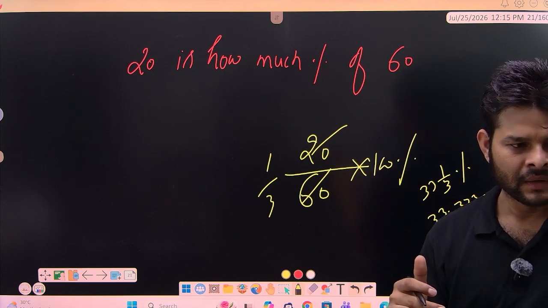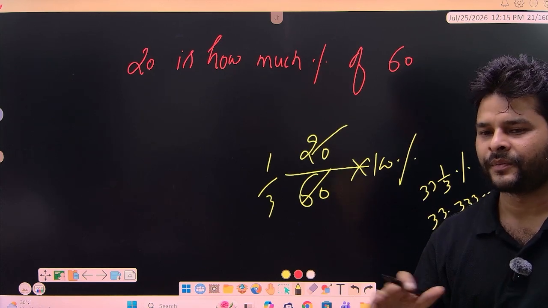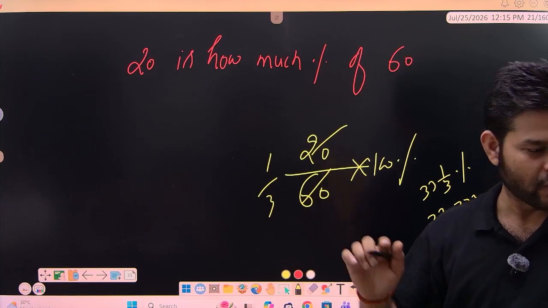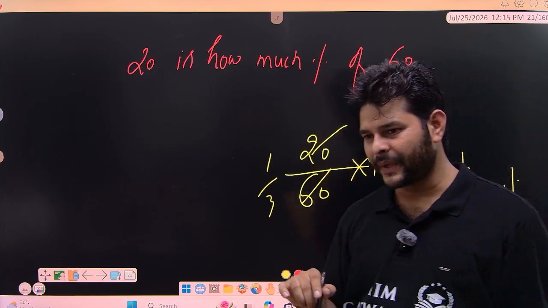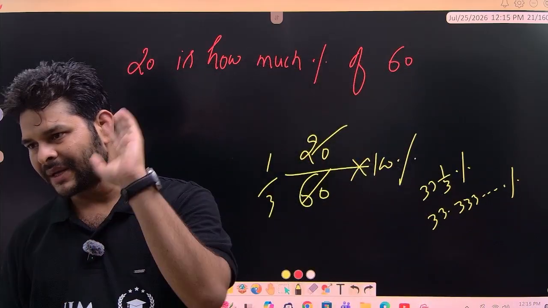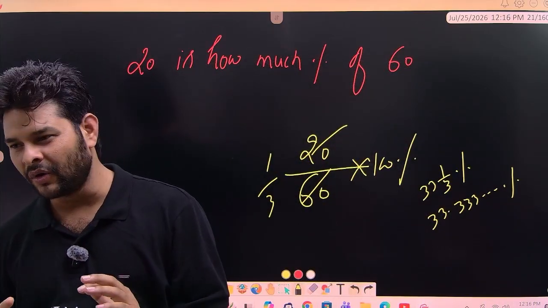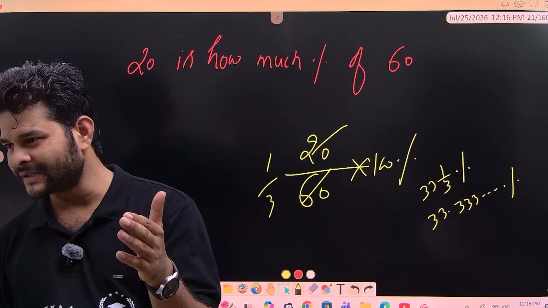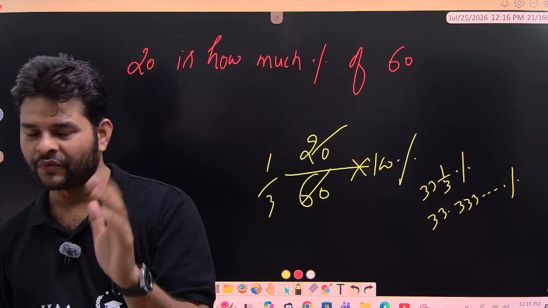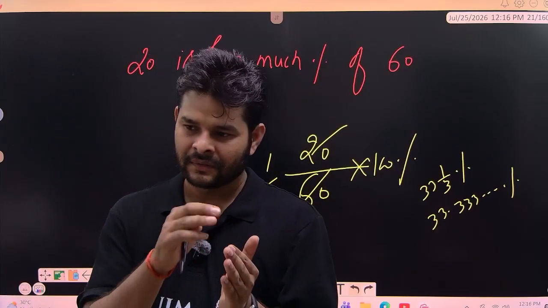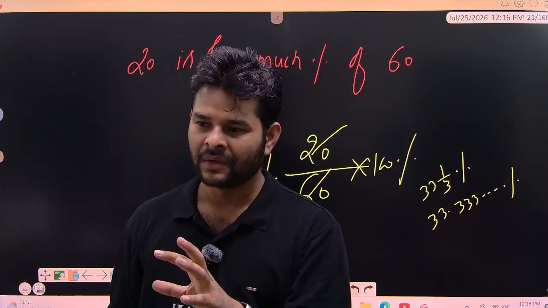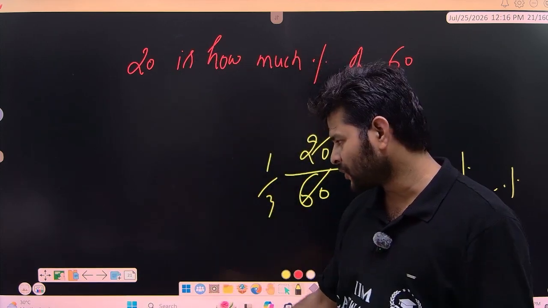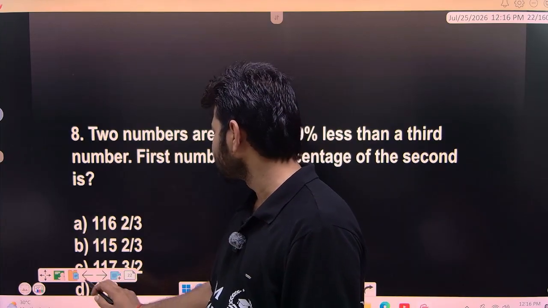Now you can yourself publish a book on these questions. What I told you on the very first day is that we can only memorize the concepts. You can't memorize the questions. No one knows from where the question is going to be asked, but everyone knows that 2 to 3 questions are going to be asked from percentage. So what we can do is command our concepts, not the questions. So these are three concepts. Now you have to do your questions.